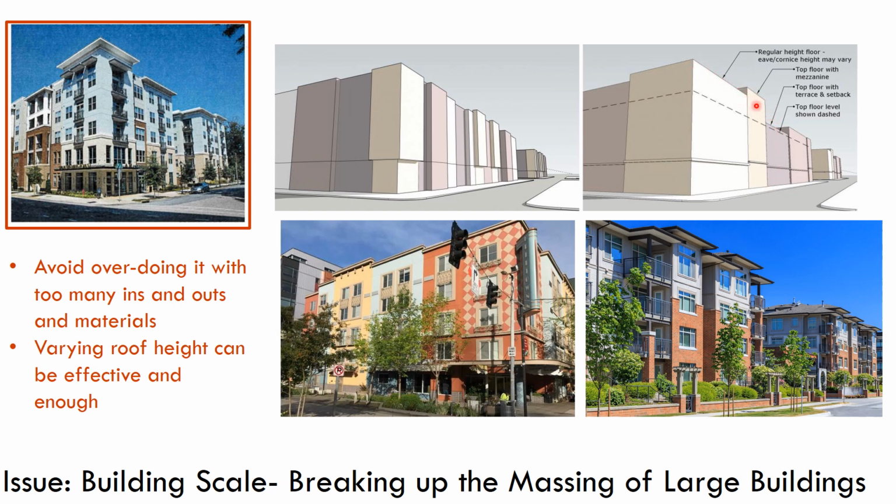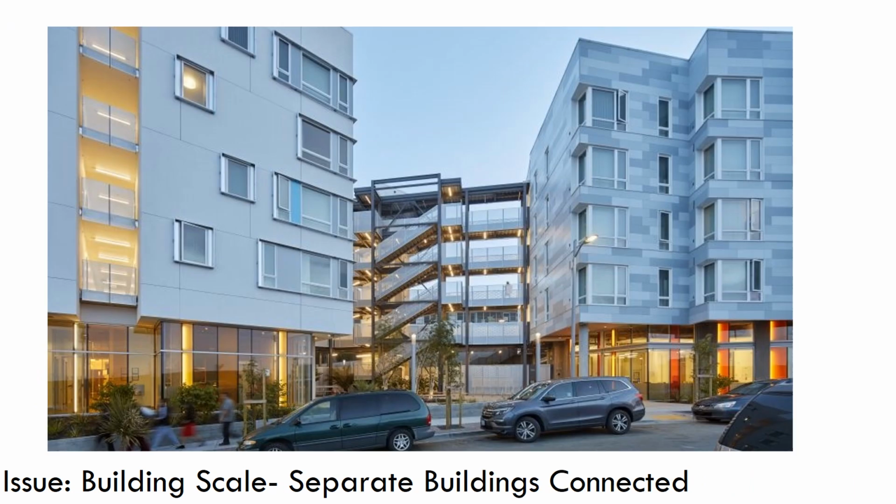It's the silhouette of the building. So if you change the height of things or vary what's up here on the cornices, it's pretty effective at making a building be broken down without slicing and dicing it into too many pieces. And we see here what may not be super outstanding architecture, but I think it gets to this idea of a very kind of deliberate and more subtle breakdown. And again, how the sort of interest at the skyline here, even if buildings aren't that tall, helps to kind of break down the massing and scale of the building.